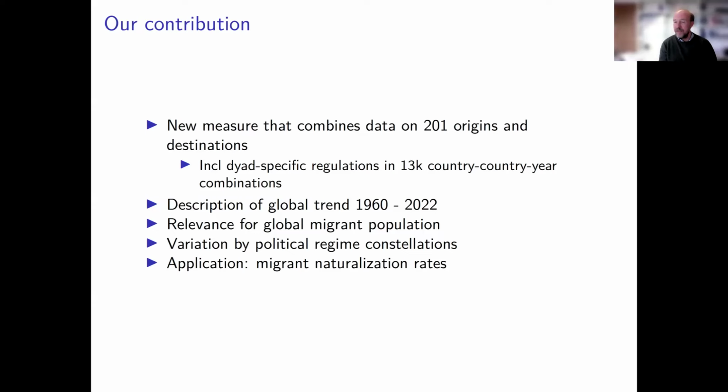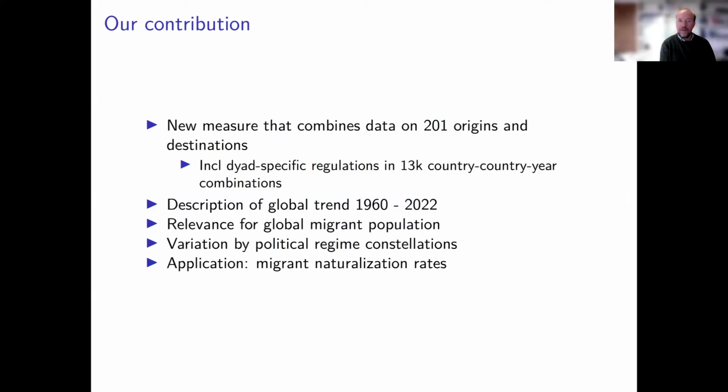So the best example to think of this is before 2024, before Germany liberalized its citizenship law, dual citizenship was restricted, but there was an exception in German citizenship law which said that if a German citizen acquires the citizenship of another EU member state, he or she does not lose the citizenship of Germany. And when a citizen of another EU member state naturalizes in Germany, we don't force them to give up their other citizenship. And so that is a dyadic-specific regulation because it applies between Germany and the Netherlands, between Germany and Belgium, between Germany and Spain, and so on.